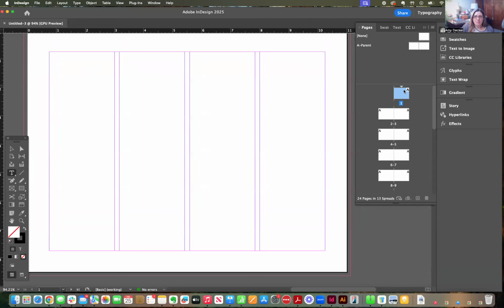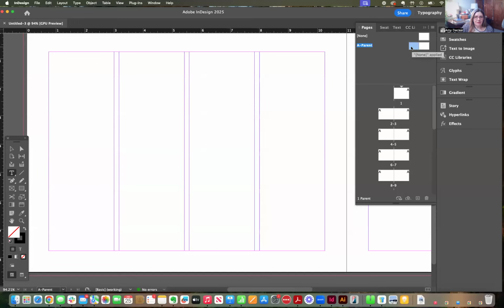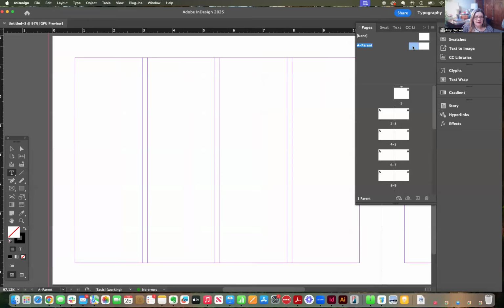Okay. So in order to make a change, right now you can see my highlight is on page 1 down here. I want to double click and be up here on the parent pages. So you can see how it's highlighted blue. I'm now up on the parent page. So you want to be up here on the parent page. And I'm going to make a text box down here in the corner in the margin. And I'm going to say the page number first. Let's just say this is page 1. And I'm going to say